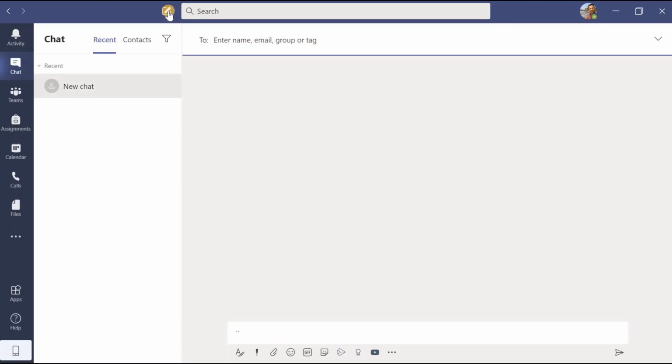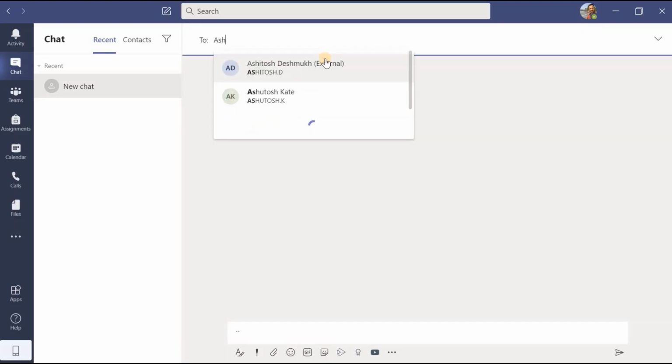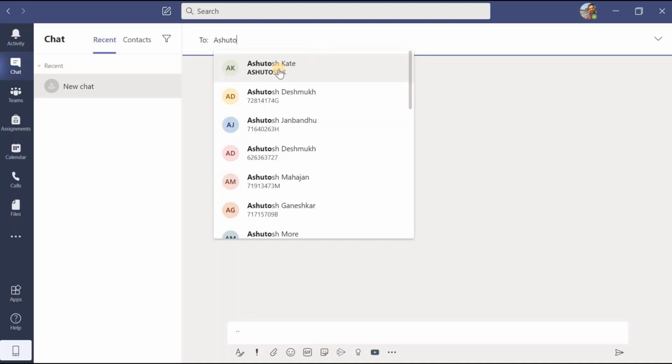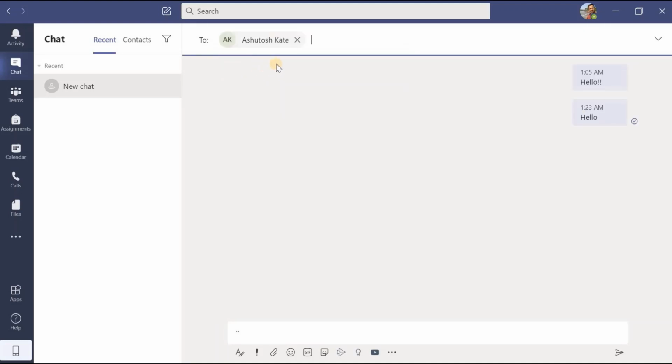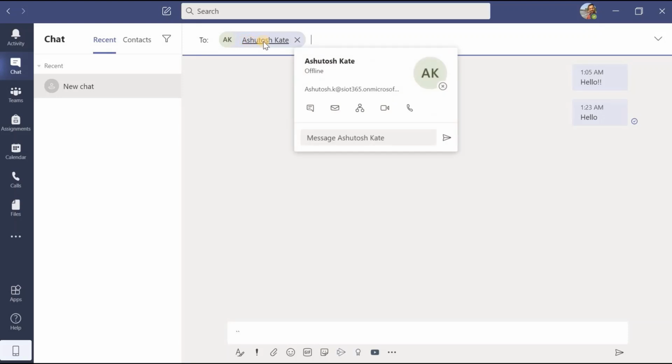I will click here, then I will get a box asking with whom you want to have that chatting. Suppose I type his name, and suppose I have selected a colleague with whom I want to start my chatting or conversation. After typing his name, by moving the cursor on his name, a short window appears.